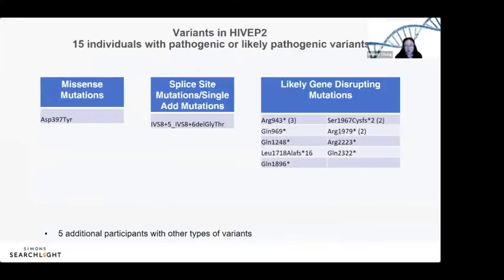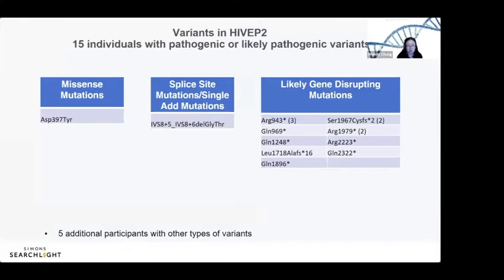So for those of you who might be interested in some of the genetic gobbledygook, this is what I'm sharing. These are the results that we get from the laboratory reports. This is also probably even more useful to researchers in the field. And so I'm putting this out here because, again, part of what we do in Simon Searchlight is to make this information freely available to the research community so that they don't have to bug you, basically, to understand how your individual and your family is doing. This is something where we can ask you once, and we can use this across potentially dozens of research studies.